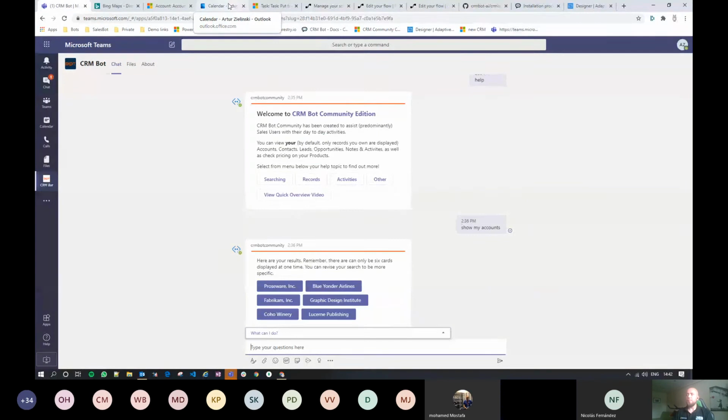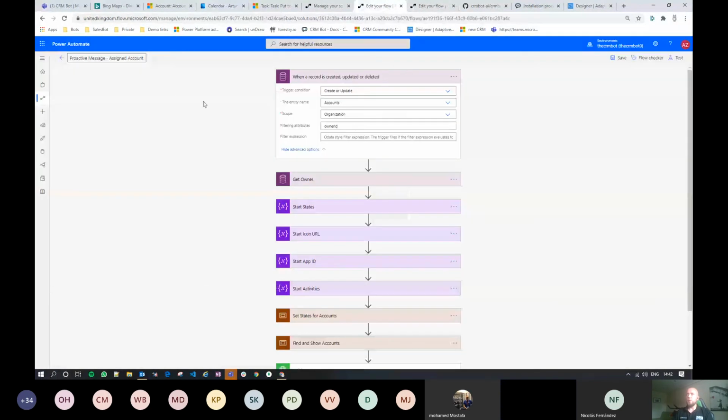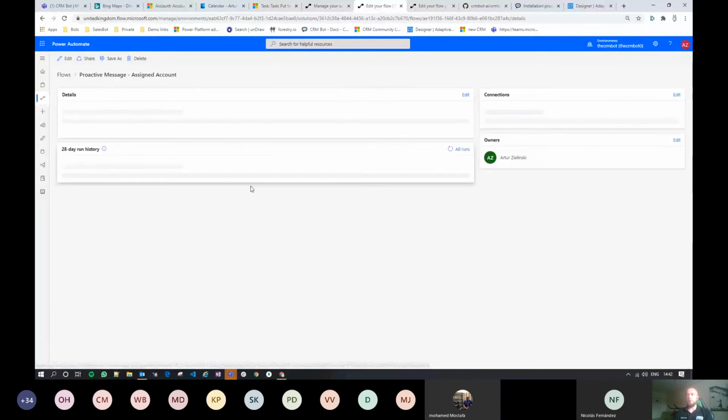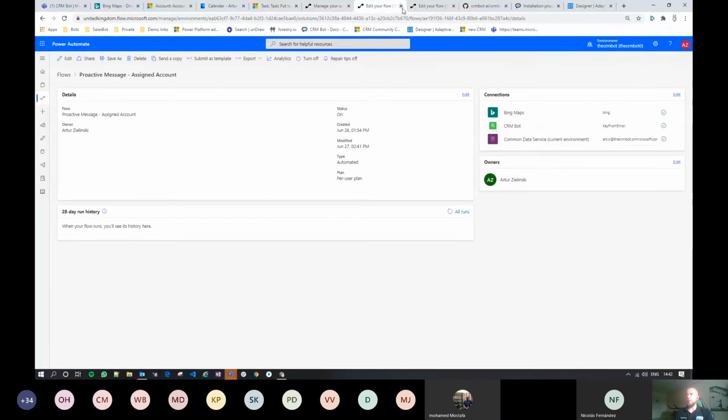Right, okay, well, I won't be able to demonstrate, but you are able to demonstrate it for yourself when you actually get it installed. All you have to do is make sure that somebody else does it for you. I just do not have more than one user in this environment, so that doesn't work.